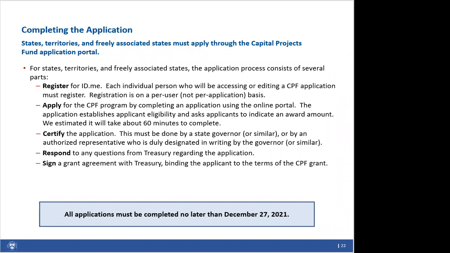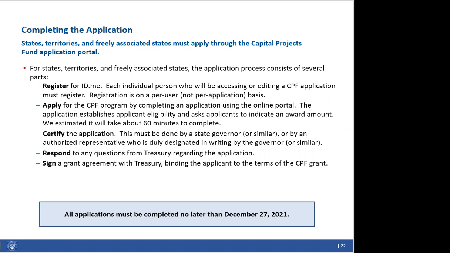To access the portal, you'll need to register for ID.me. Some of you may have been the person who completed this for one of Treasury's other ARP programs. You may have done this step already, but the ID.me registrations are person specific. So if you've never logged into Treasury's portal before, you'll need to create an ID.me account. It takes about 20 to 30 minutes to do this. It involves using a webcam to show your documents to a representative to verify your identity. Fortunately, you only have to do this once, and many of you have done it already, as I said. So we've provided resources on our website that can help troubleshoot if any issues arise with that.